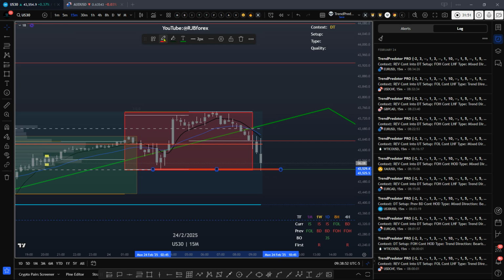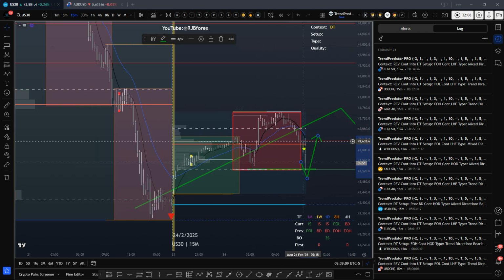If we close back inside over the next 15, 20, 30, 45 minutes, then that will be a fake out low, which is bullish. So it means that this table is null and void. It doesn't give us anything. But if we break below it, if we close below that low, it will remain as a bearish setup,